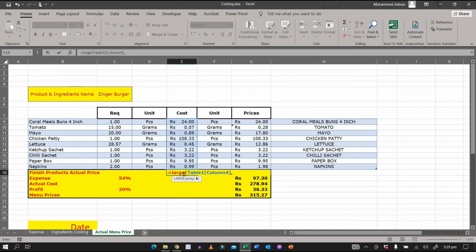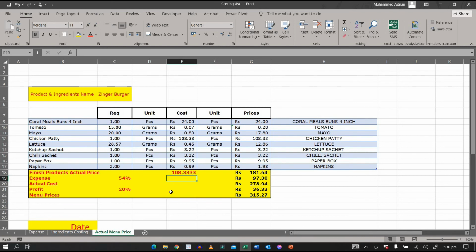If we want the highest value, then we will press 1. If we want the second highest, then we will press 2 instead of 1 and close the bracket. Now you can see the highest value has come for us.